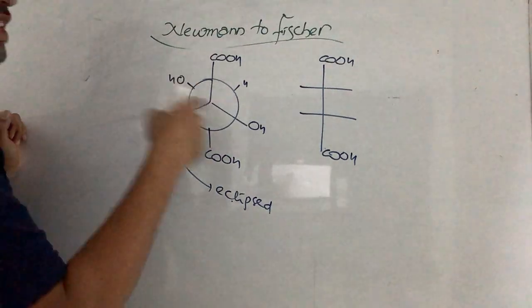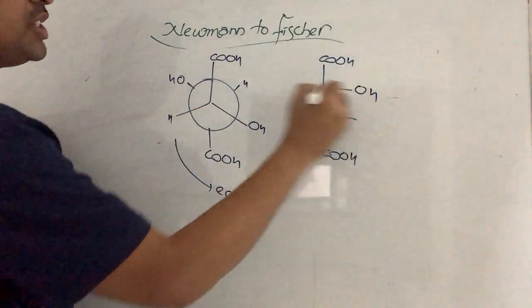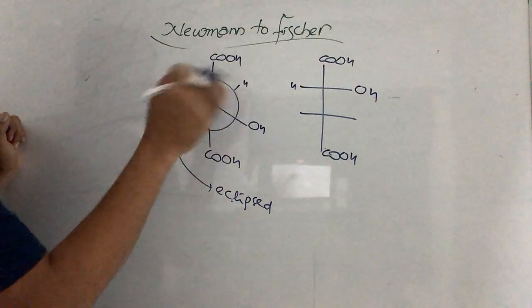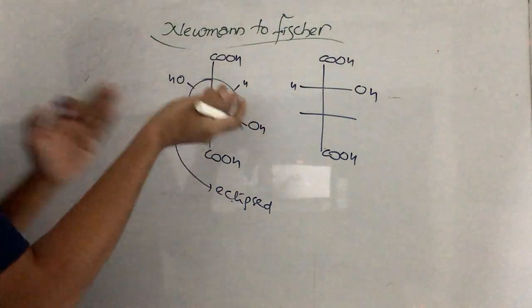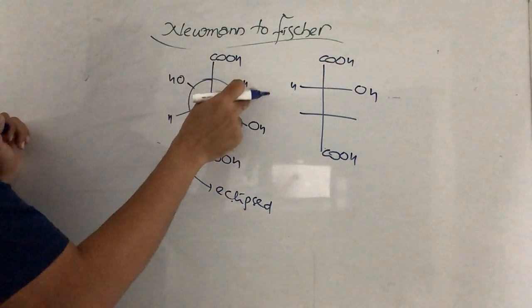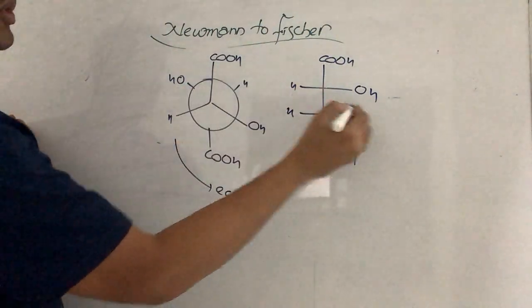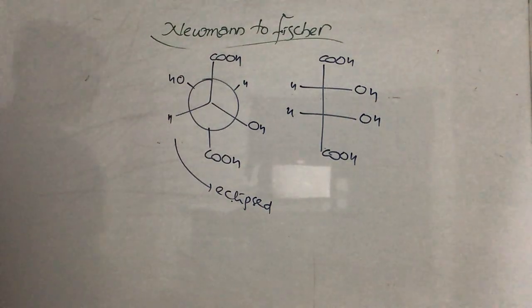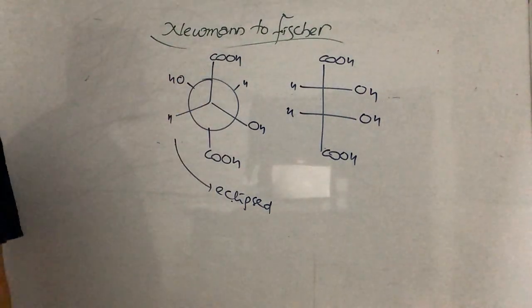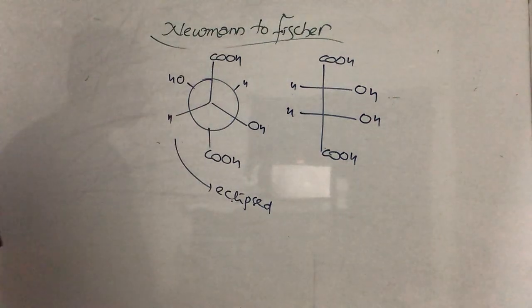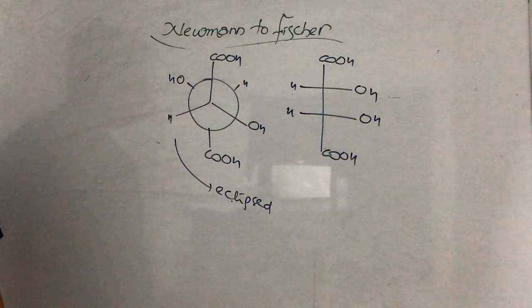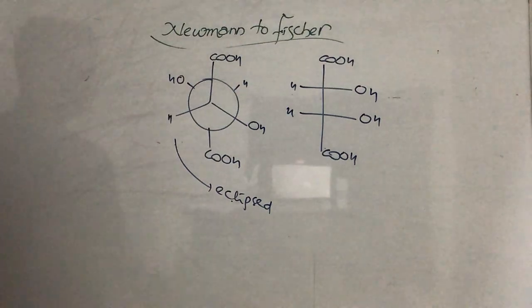Now what I said, this you don't change. This OH and H you don't change. OH and H you are not changing. But this I said one shift. Okay, now this hydrogen on the right side you are seeing, but you are writing left side. This is OH here. One shift you can say. This is Newman to Fischer. From Newman, or you can write from Sawhorse also, because Sawhorse and Newman you know very well. That also I will explain for a moment.